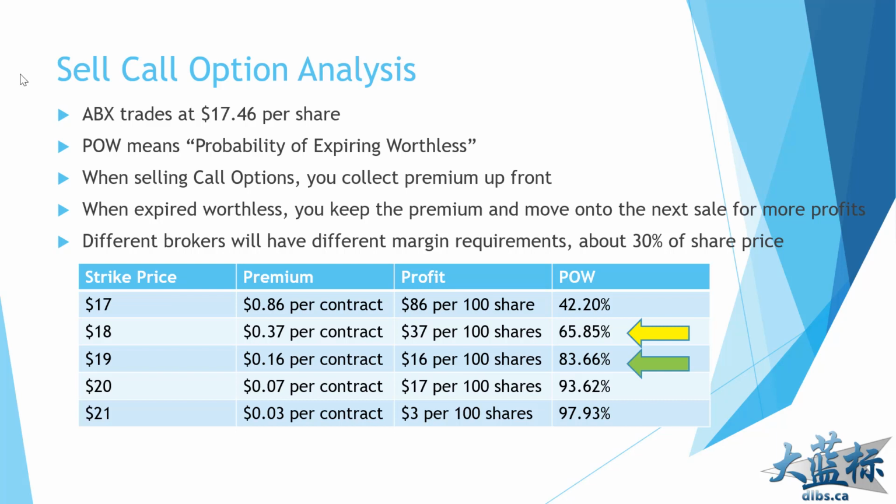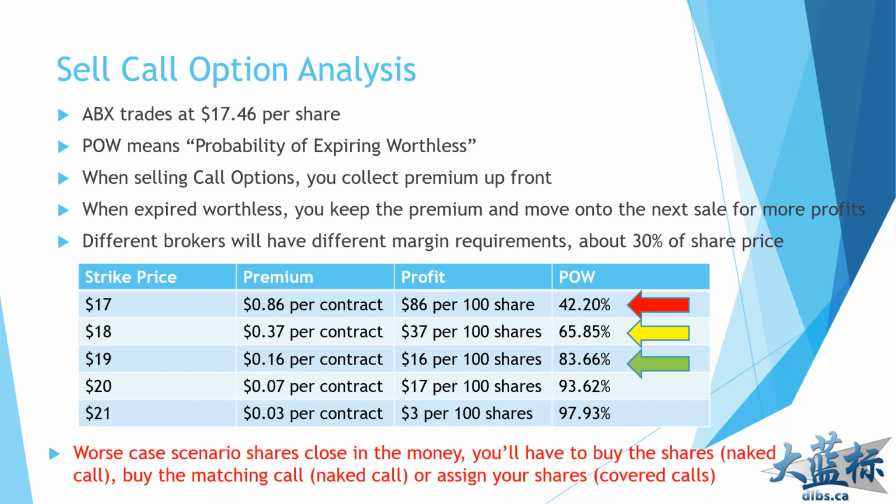Although some people may want a more conservative route and go with a higher percentage and take about half of the profits. The worst case scenario here would be somebody that got greedy and took $86 per contract, but then there would be less than 50% chance of expiring worthless. So that would be then the worst case scenario, where they may be forced to buy the shares at a higher price,